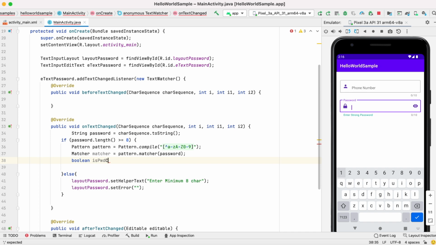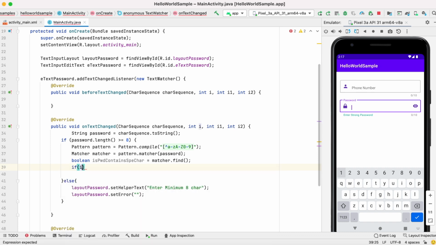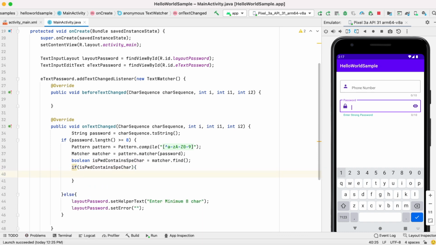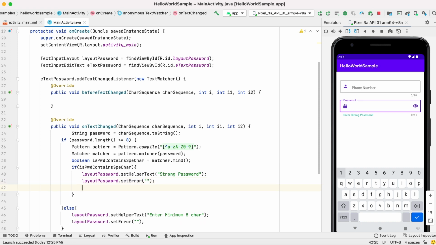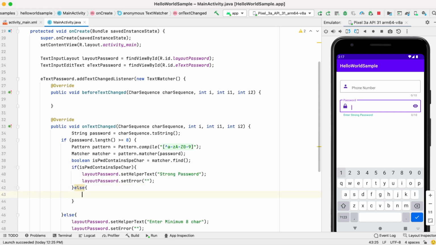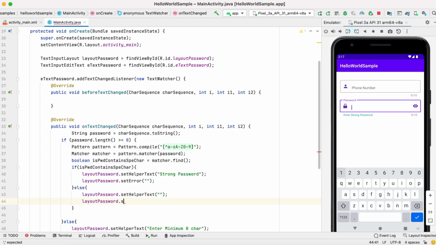If a match is found, that means the password contains a special character. So the boolean value I have taken. If the password contains a special character, then I'll give helper text strong password, and the error message is empty. But if the password doesn't contain a special character, then I will give an error saying weak password, enter minimum one special character.